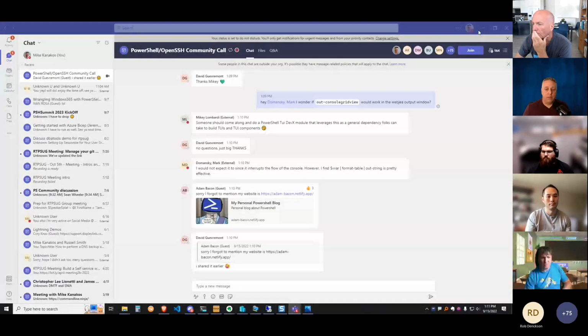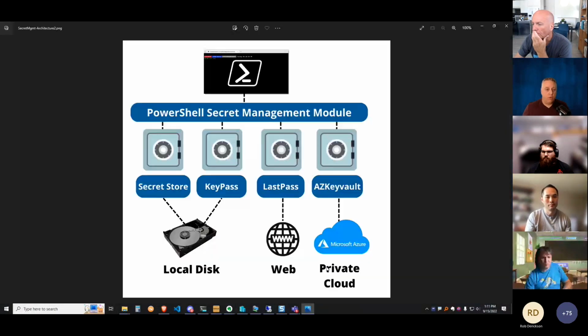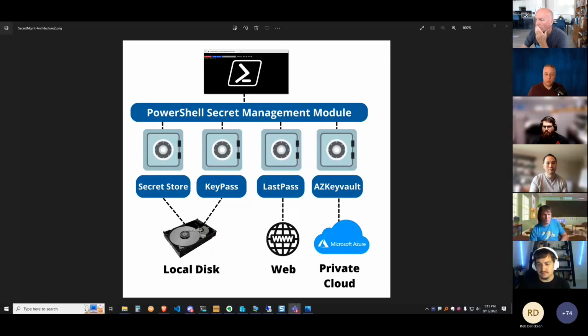So with that being said, what I'd like to talk about today is secret management. I'm going to start off with a quick image because I think secret management is a module where people don't necessarily understand how the pieces work together at first glance. When you're using the secret management module, you actually need 2 modules to get started. This image is depicting that up here in your console.